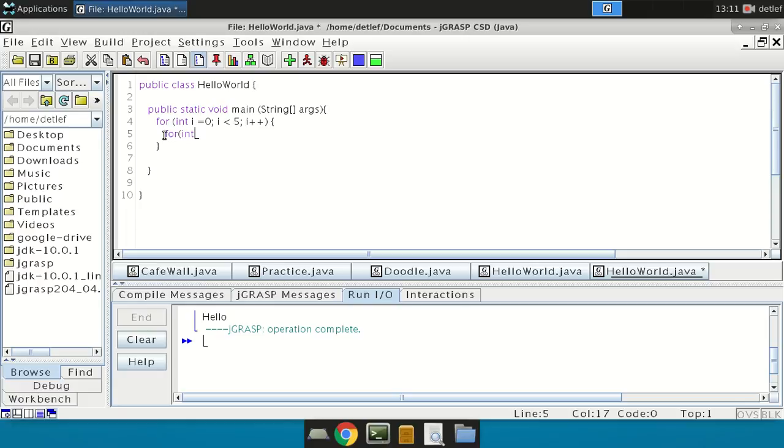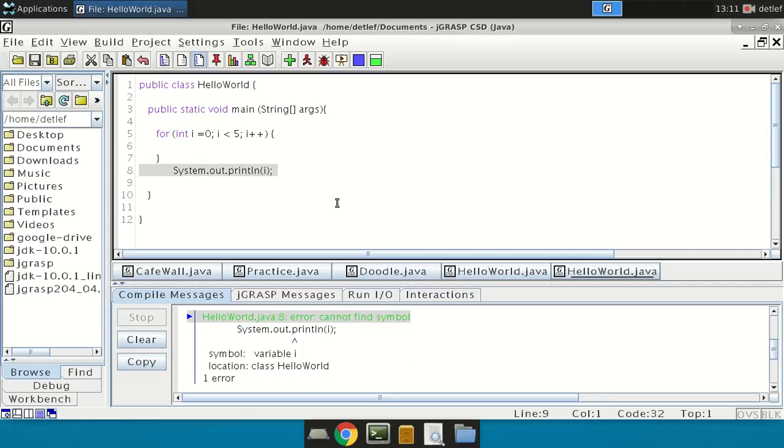When we talk about scope in computer science, what we mean is where variables exist, right? If I try to go out here, and I try and say system.out.println i, it's going to say I don't know what i is. And I guess that would make sense, because i isn't declared till down here. But even if we put this here, let's get rid of this for loop for now, just so we don't get an error. Even if I were to put it down here, I compile, it's going to say it doesn't know what variable i is. And that's because the i variable,